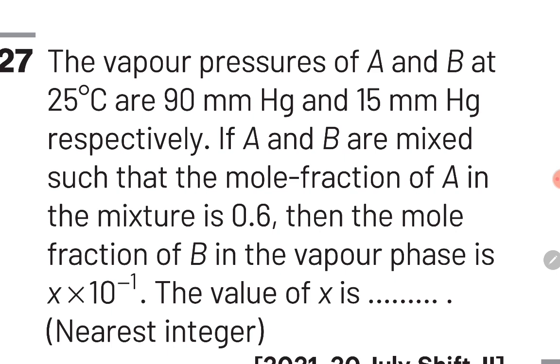According to Raoult's law, vapor pressure of A will be given by the equation PA is equal to XA into P naught A. Guys, XA is mole fraction of A in the solution and P naught A is original vapor pressure of A. Similarly guys, for vapor pressure of B, we will have the equation PB is equal to XB into P naught B. Guys, इन दोनों equations को use करके we can find vapor pressure of A and B respectively, and once we know vapor pressure of both A and B, we can easily find out mole fraction of B in the vapor phase. So let's observe this in detail in the solution in the next slide.